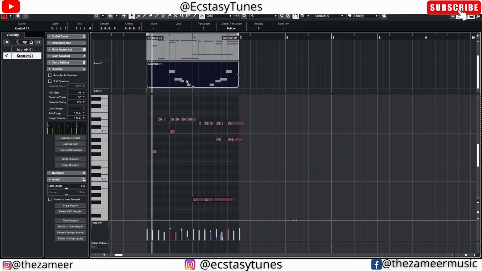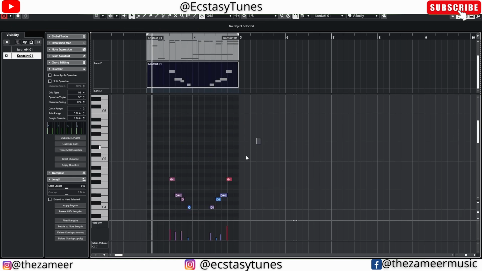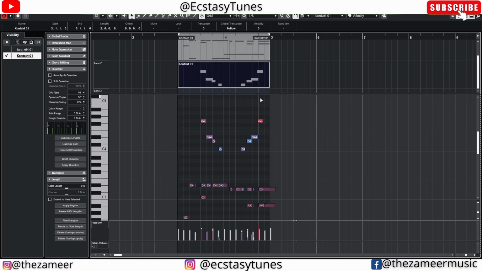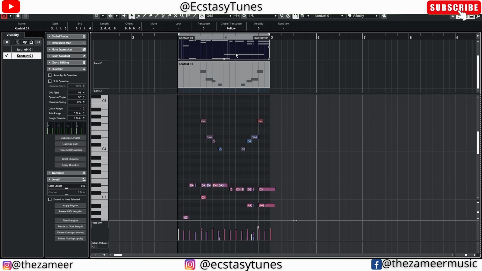Okay, if I double click on the melody right here and I'm gonna play. Okay, so now I can hear just the melody, and if I want to hear just the chord, I can just double click on it and